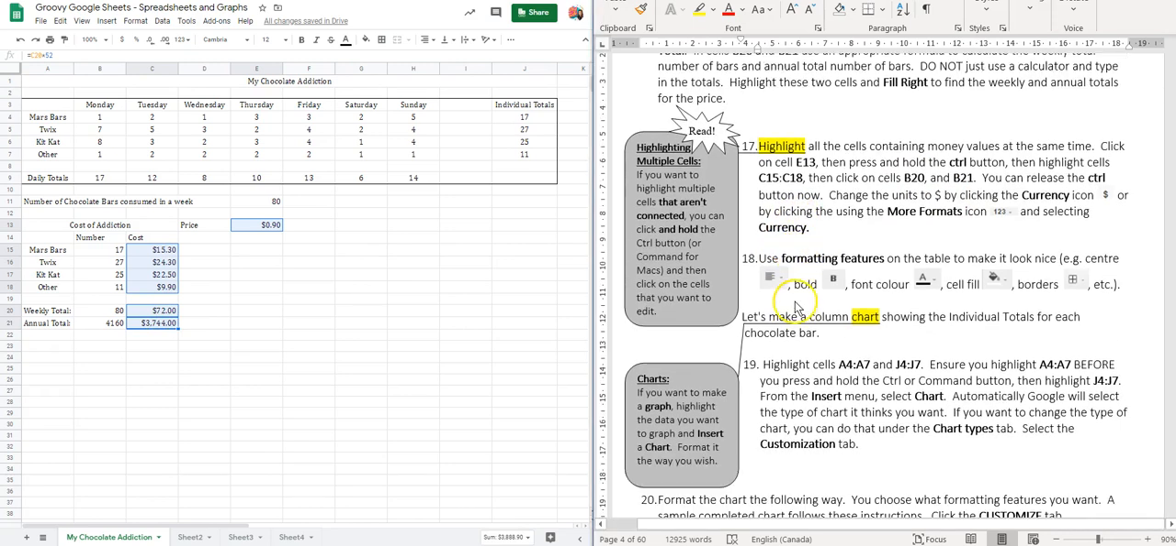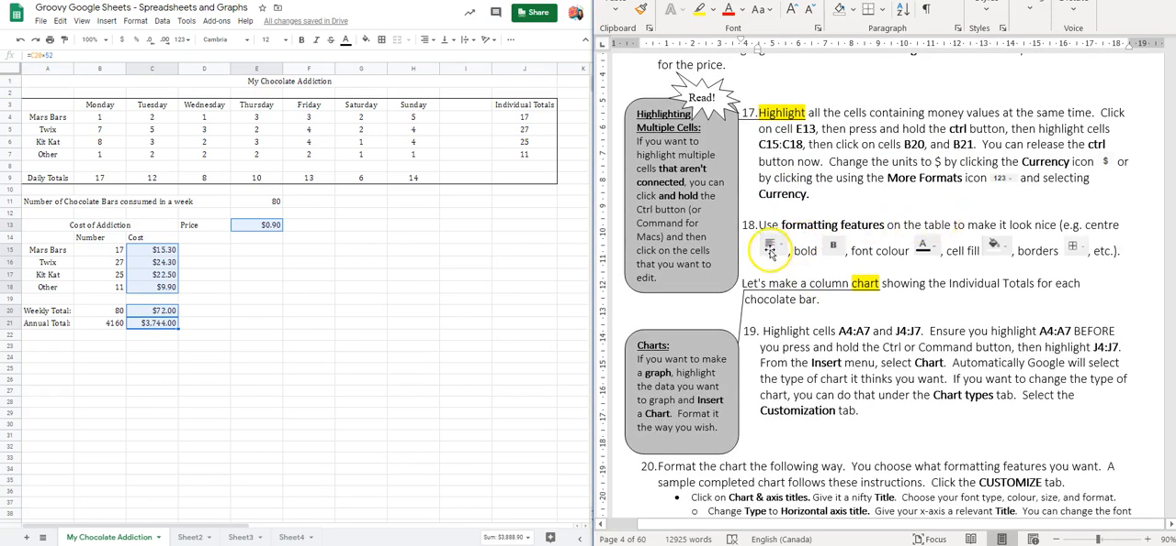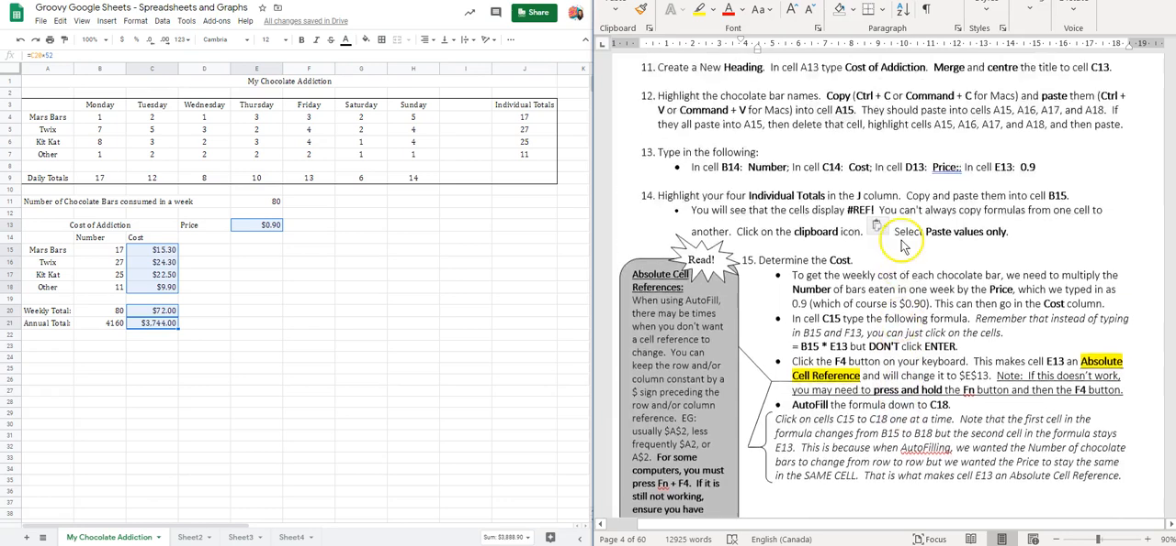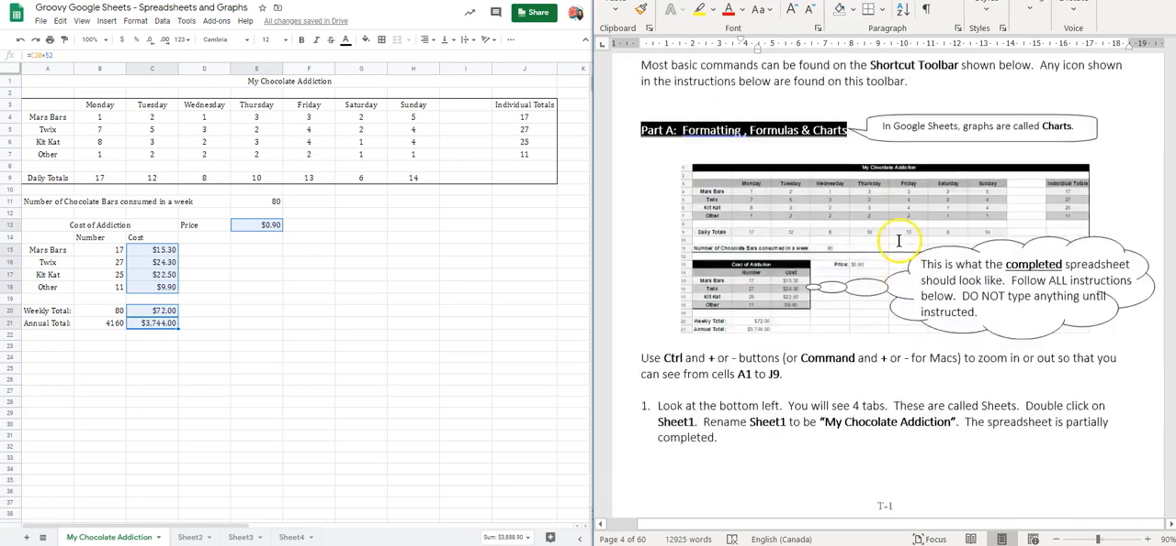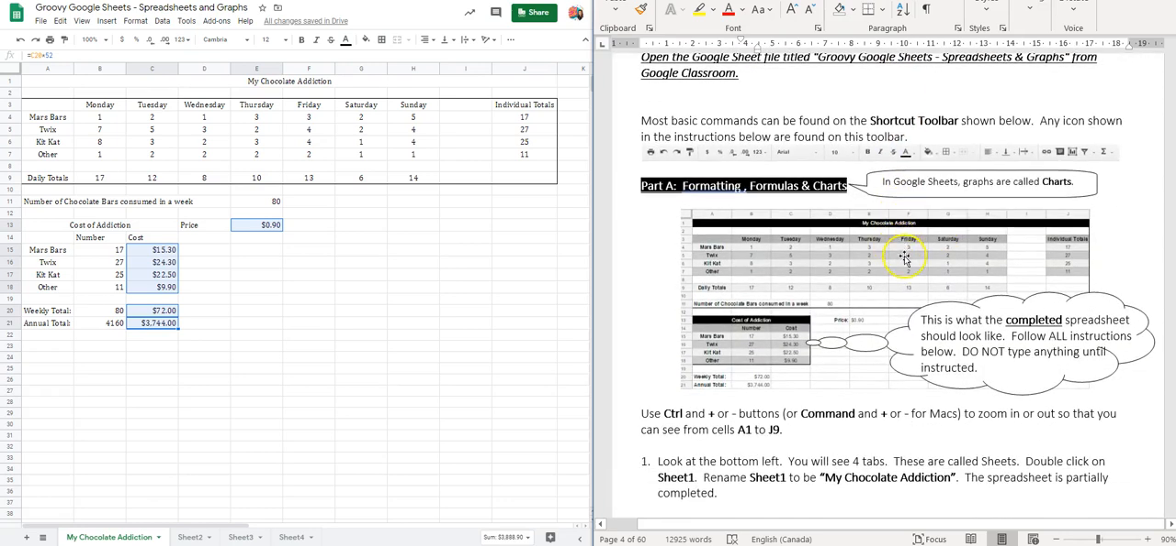Now, using the formatting features, so we're going to be using centering, bolding, font, change the font colors, cell fills, borders, etc. We're going to make it look nice, maybe like what this looks like. It doesn't have to look exactly like this. You can play around with it,